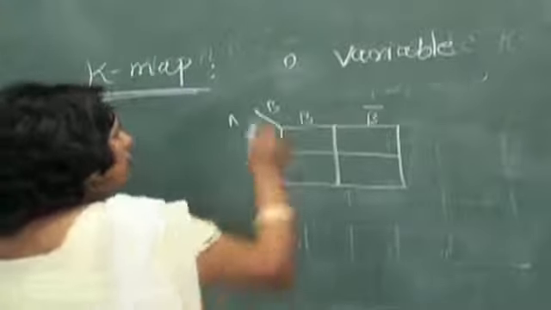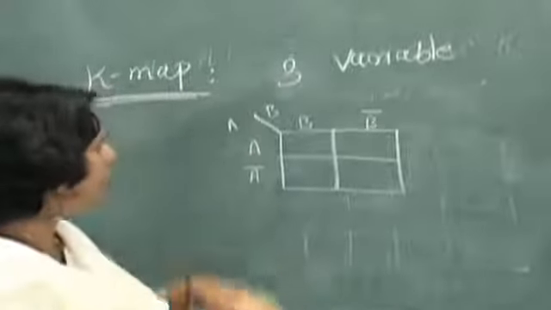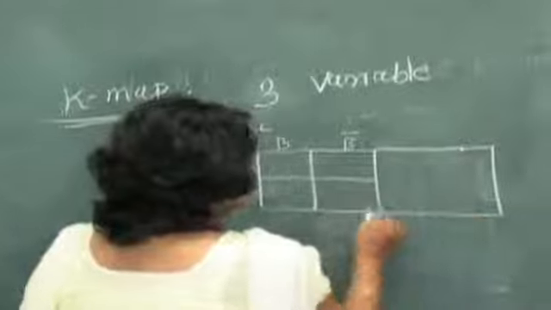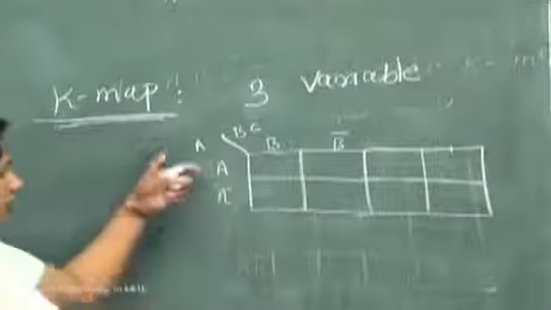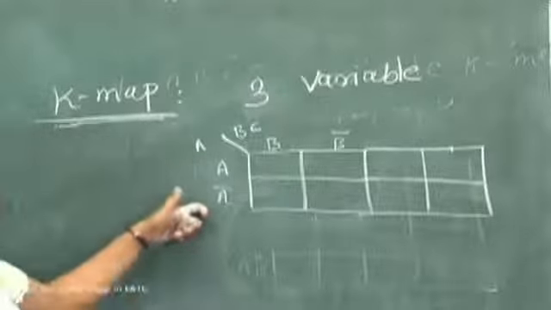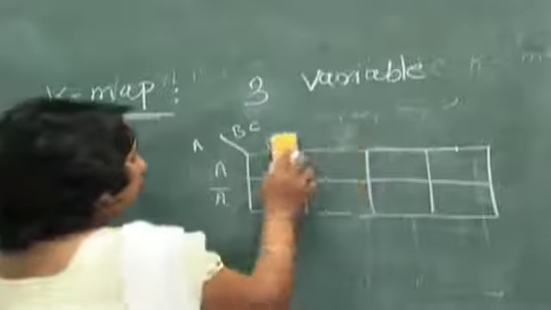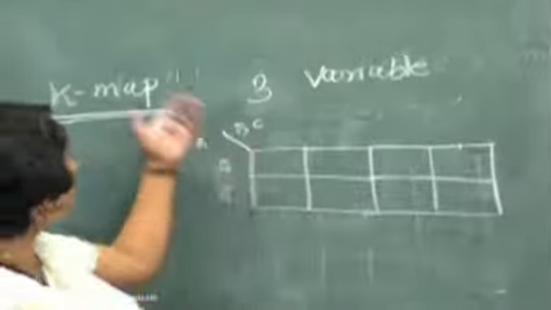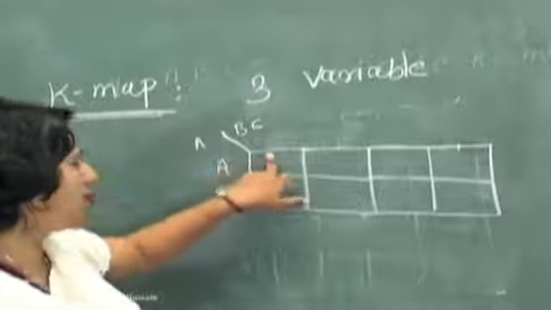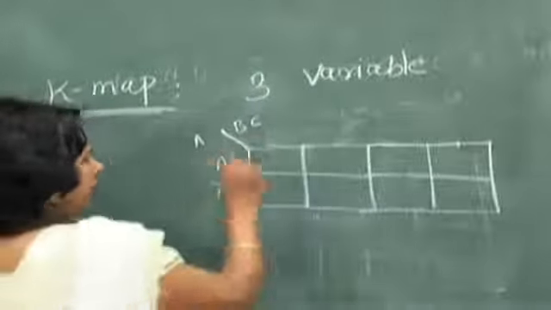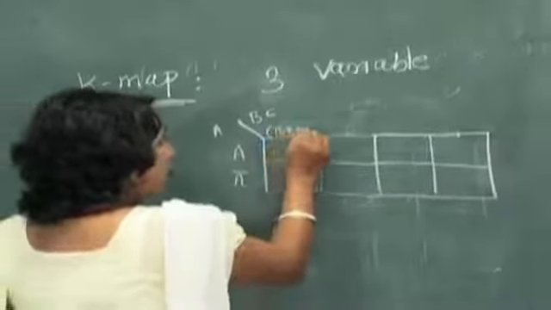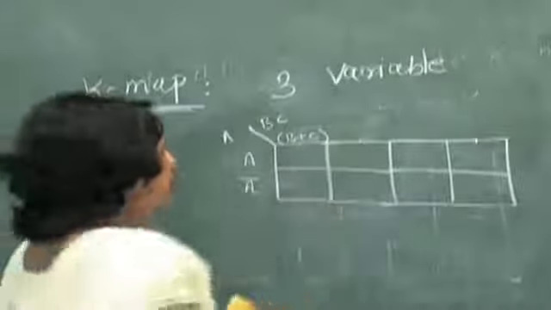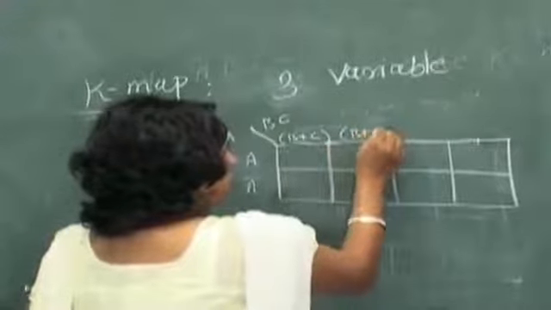You will be able to relate this very much in the 3 variable K-map. So let us take 3 variables A, B, C and see how the change occurs. Vertically it will become A and A bar as it is. Horizontally, previously in the SOP form K-map it was B bar C bar. B bar C bar is represented in POS form as B plus C. Next it was B bar C, which will be represented as B plus C bar.